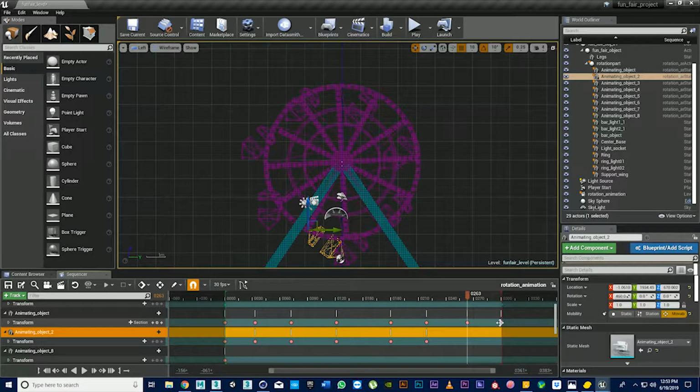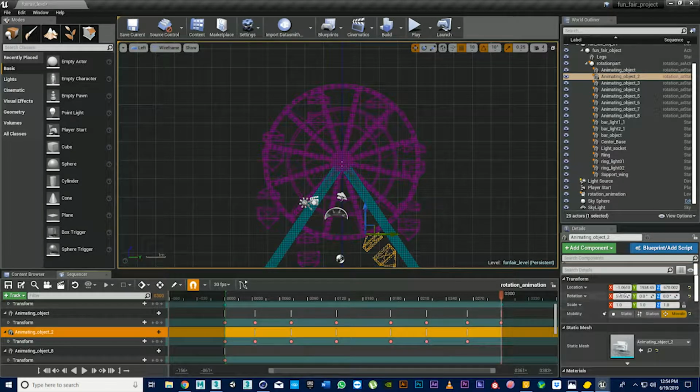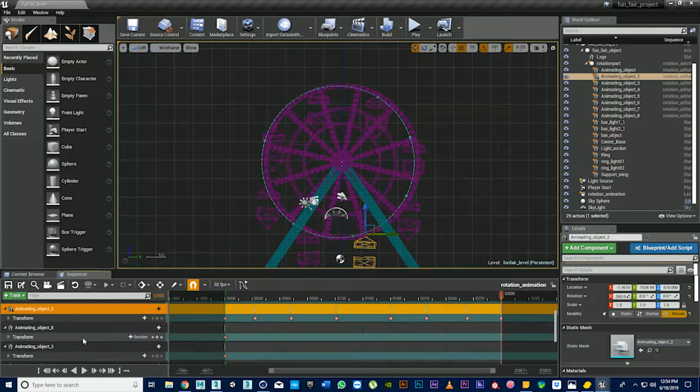Go to the next key, for 90, 510, 515 it is, and go to the next key, and it will be 550 maybe, or 560, and click on that. Now go to the next key,